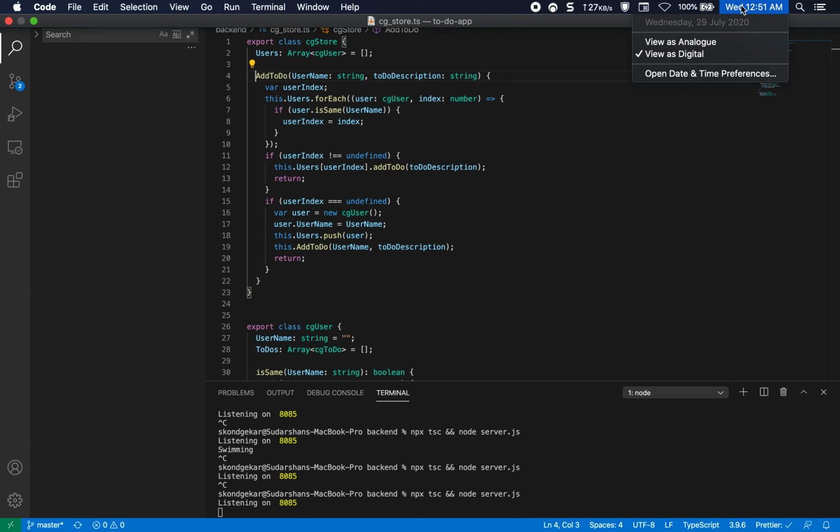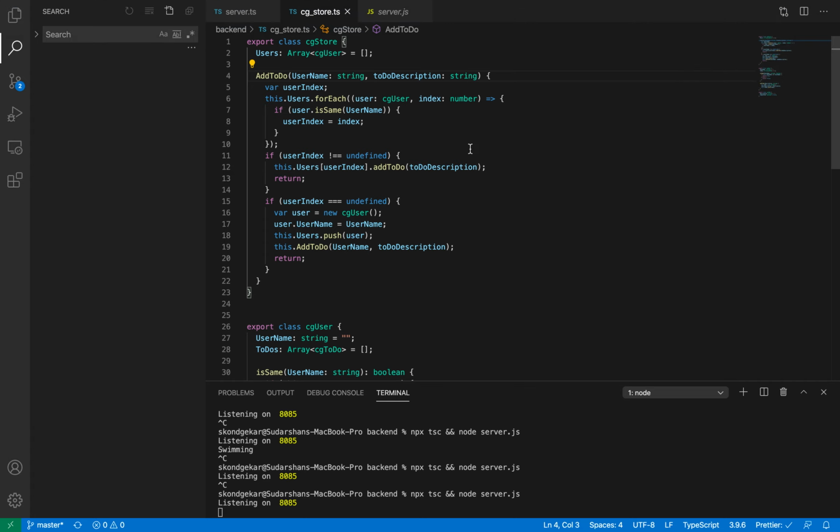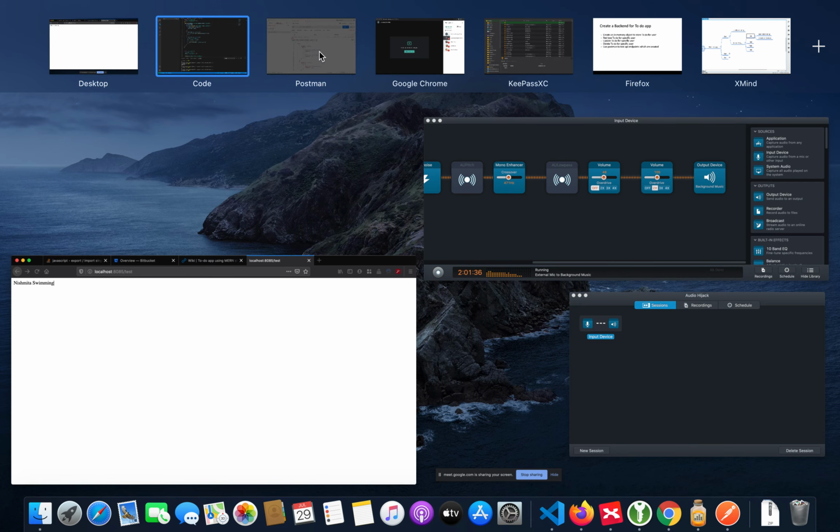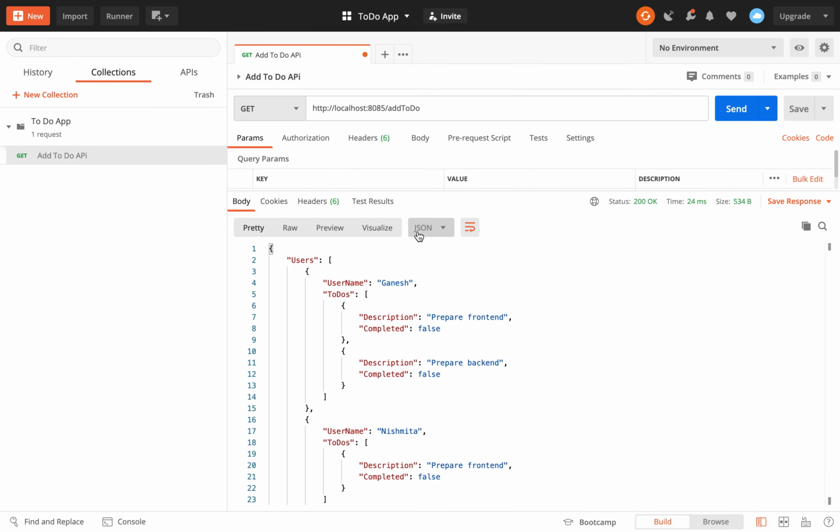Just one thing I wanted to understand now. Let's say Nishmita starts working on React. When she's working on React, we will be writing all this API and giving it to her. An API will be app.post, and in that app.post there will be a URL, the URL she is supposed to call for that API.